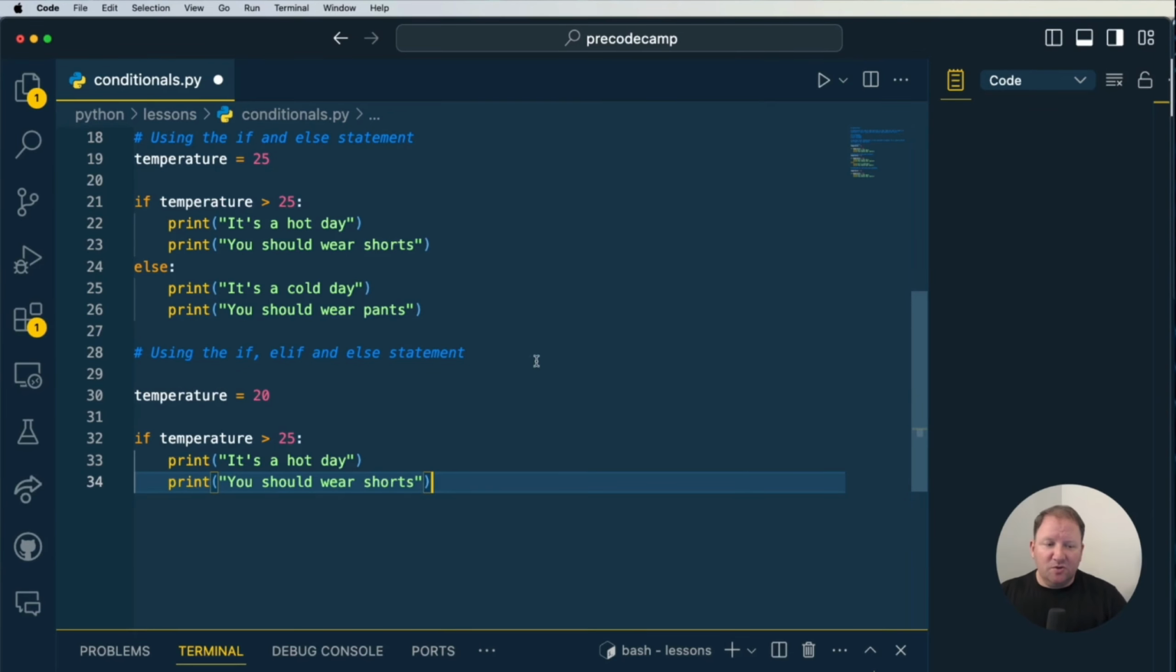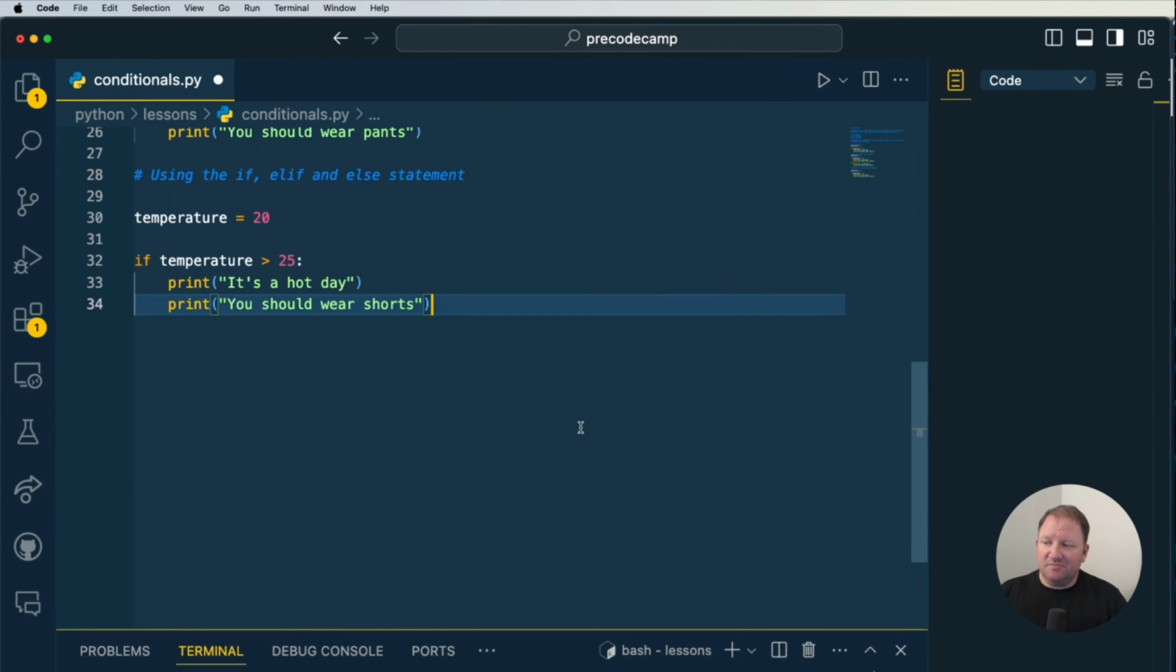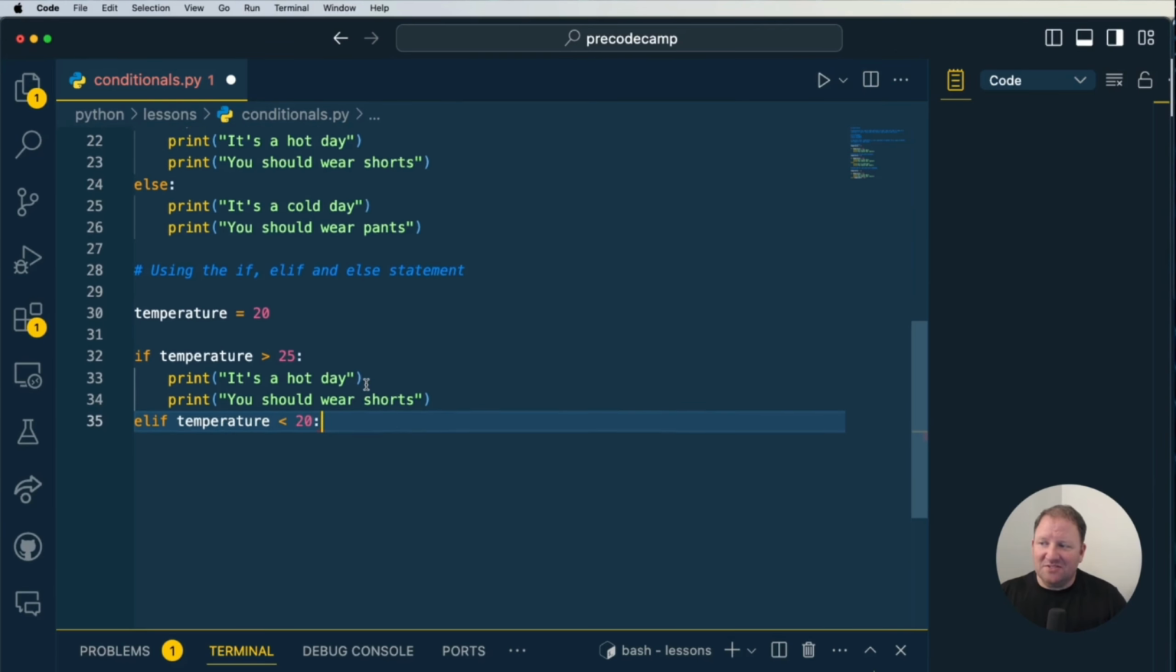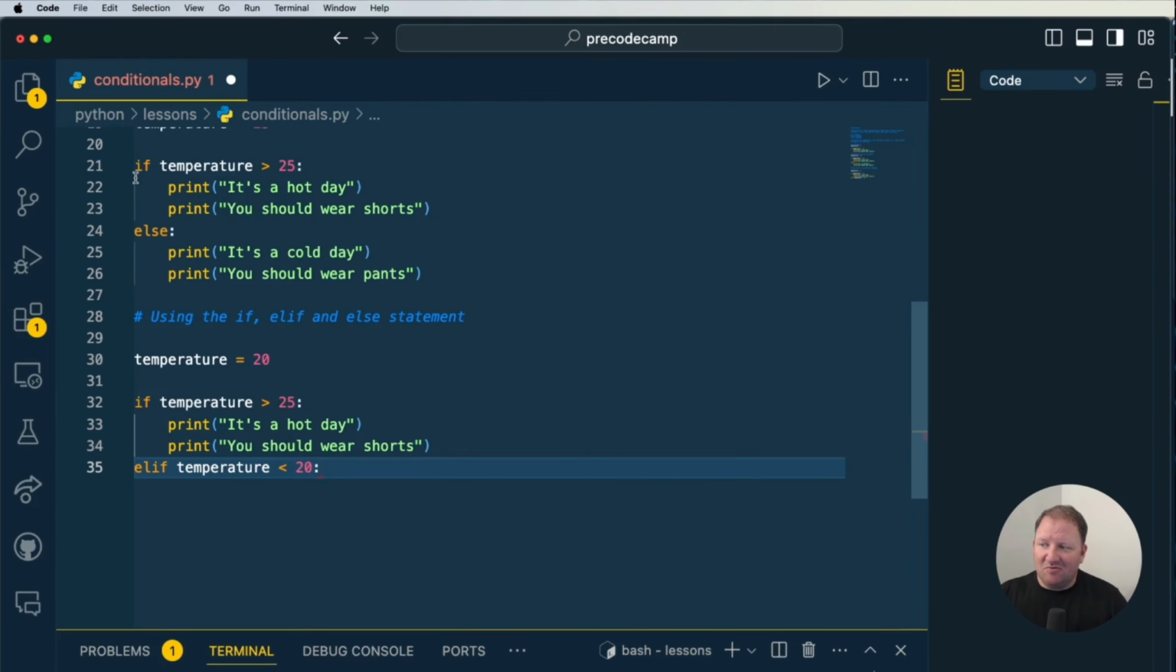You should wear shorts. I'll go ahead and scroll up for us. And then we're going to do an else if, an elif. The thing we want to note is the indentation, just like we did with the else statement above. Notice that they are flushed in their line. So the else if gets that same treatment,